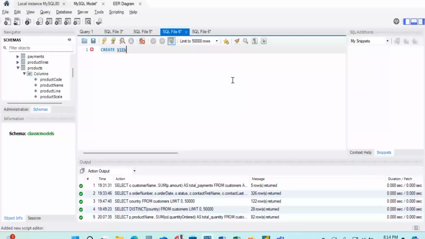So for you, all you need to do at the end of the day is just to come and write a simple select query. And so let's see how that works. So now we create the views, and like I said, the first thing we want to do is